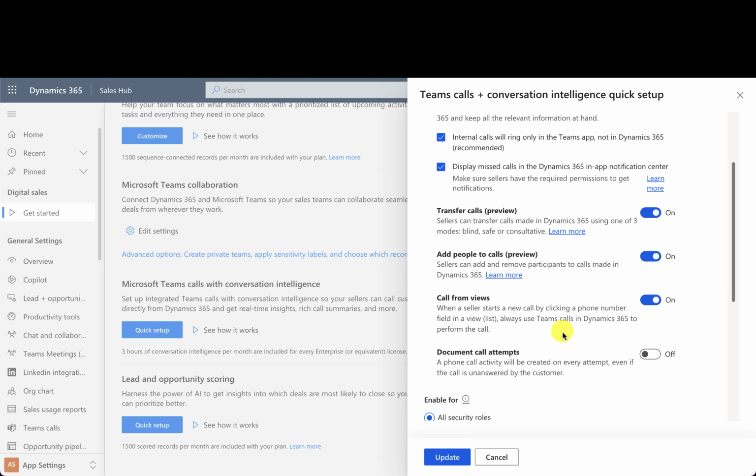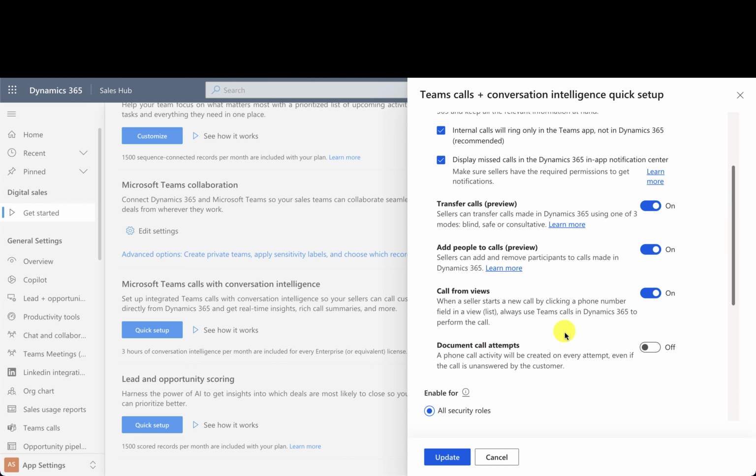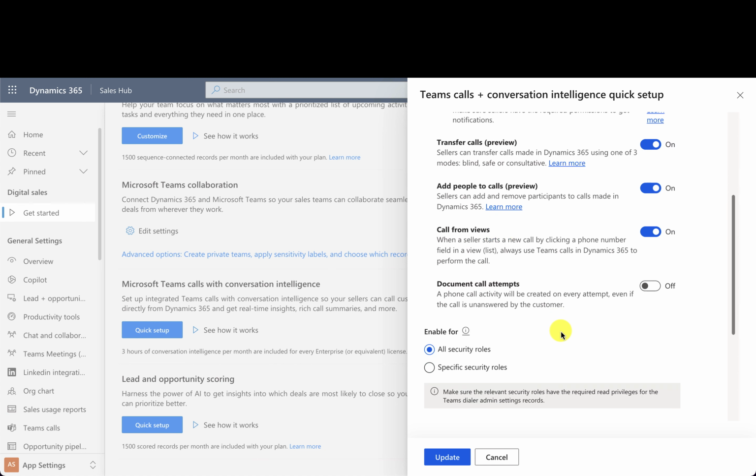Switch that on. Calls from views. When a seller starts a new call by clicking a phone number field in a view list, always use Teams calls in Dynamics 365 to perform the call. Okay, great. So sellers can then save time by just launching the phone call directly from a list view rather than having to click into that record, locate where the telephone field is on that form, and then launch the